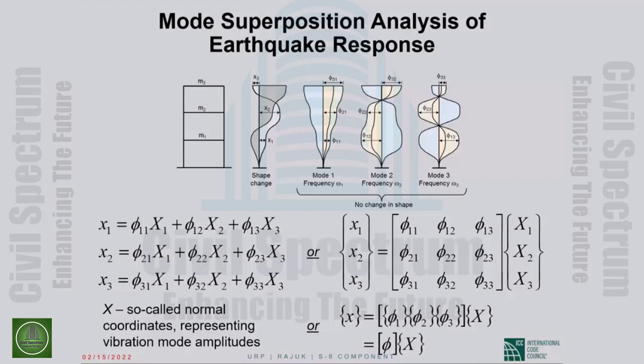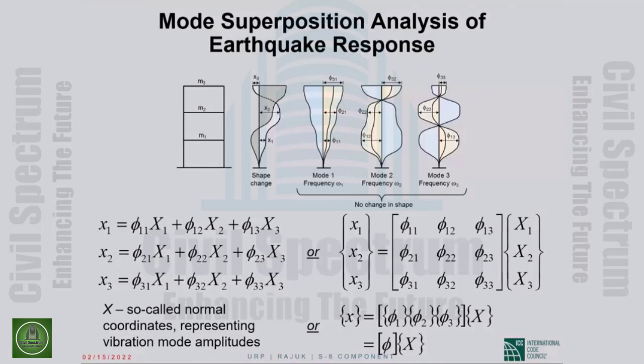And those natural shapes are called the natural modes of vibration. Natural meaning they are properties of the structure. Okay? Natural modes of vibration. For a 3-degree of freedom system, we have 3 natural modes of vibration. Importantly,